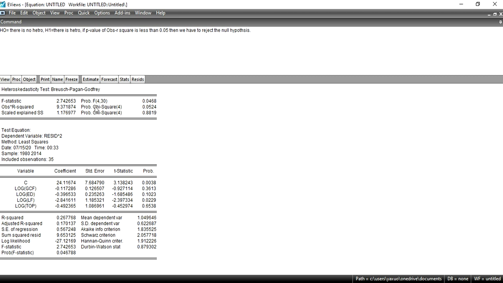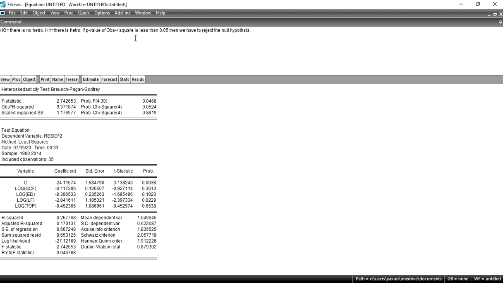As our observed R square probability is 0.052, which is greater than 0.05, we have to accept the null hypothesis, which means that now there is no problem of hetero in our data.